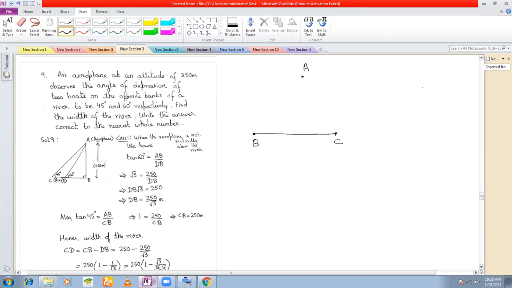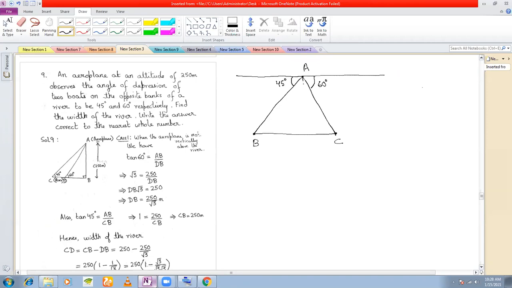That is why the angle of depression is given, because the observer is on the aeroplane. So the observer is observing this bank here, since the aeroplane is directly above the river, that's why we are considering that case. And he can observe this bank here. Since the angles of depression are given, we'll draw our horizontal like this. The angles of depression are given to be 45 and 60 degree. So here I can take this angle to be 45 degree and this angle to be 60 degree.